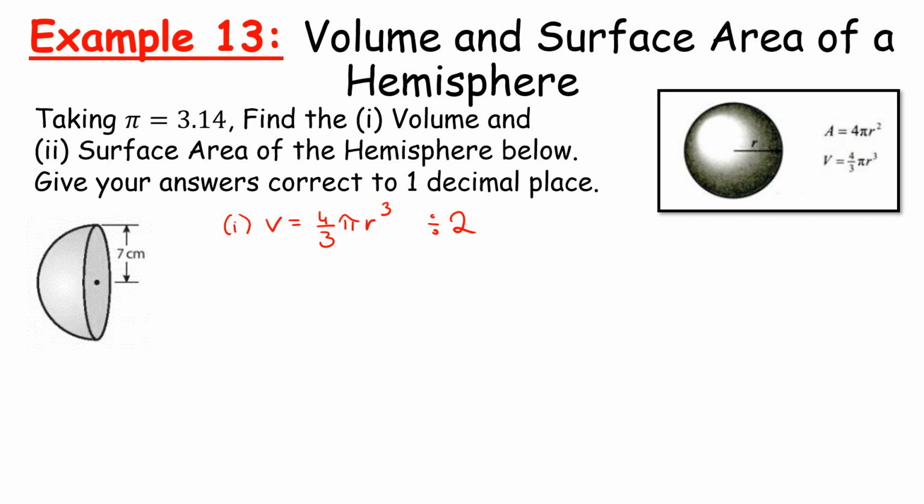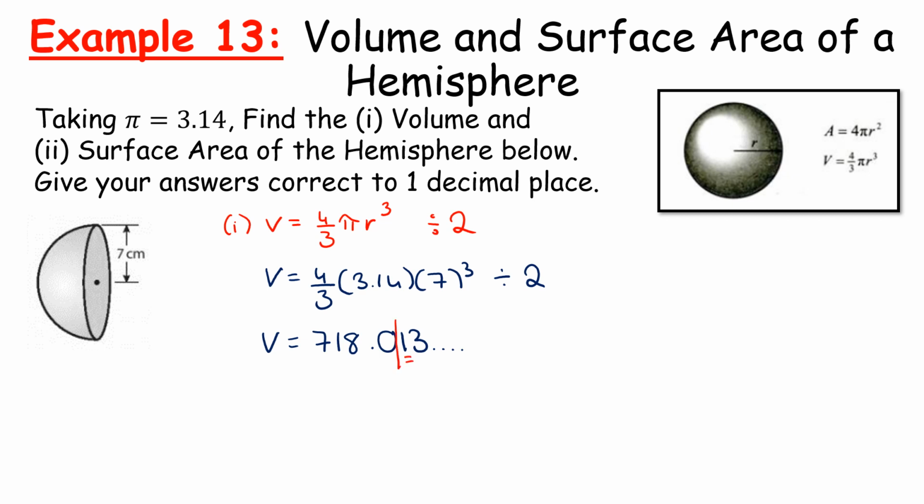In this case our radius is 7. So we have 4 over 3, pi is 3.14, we have 7 cubed, and then we divide that whole answer by 2. That gives us 718.0133333. To 1 decimal place, we're going to cut it here, so that actually leaves us with the volume as